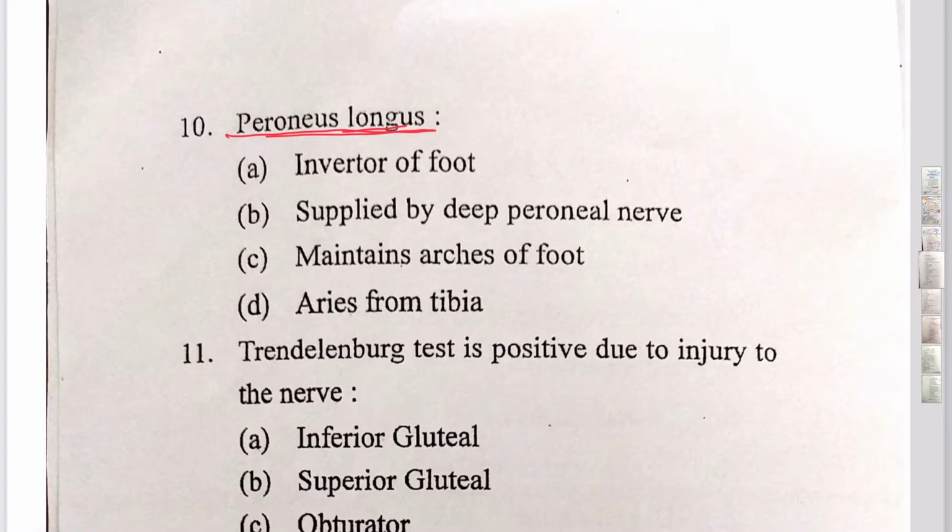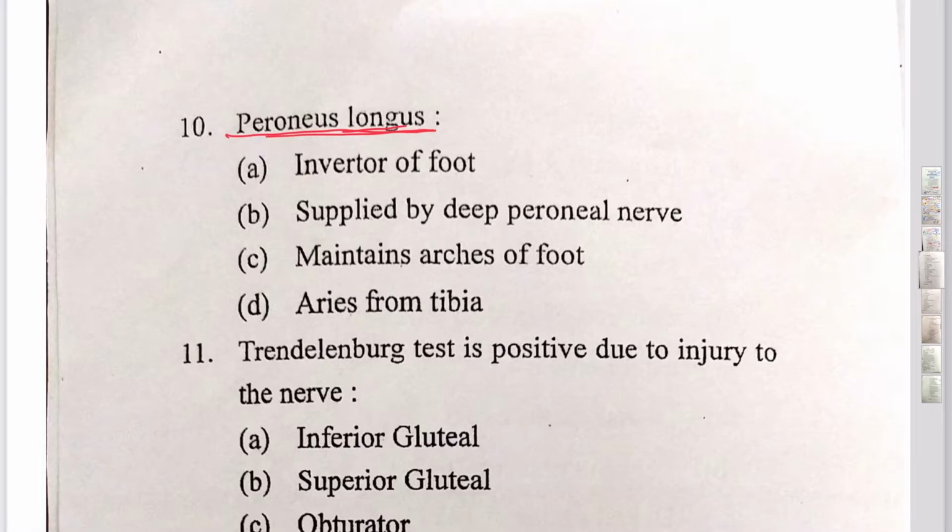Now, peroneus longus passes behind the posterior surface of the lateral malleolus through the peroneal retinaculum, the above one, which is a combined retinaculum, then down below, the two retinacula separate because of the peroneal trochlea. Through the inferior peroneal retinaculum, peroneus longus now moves onto the lateral side of the foot,